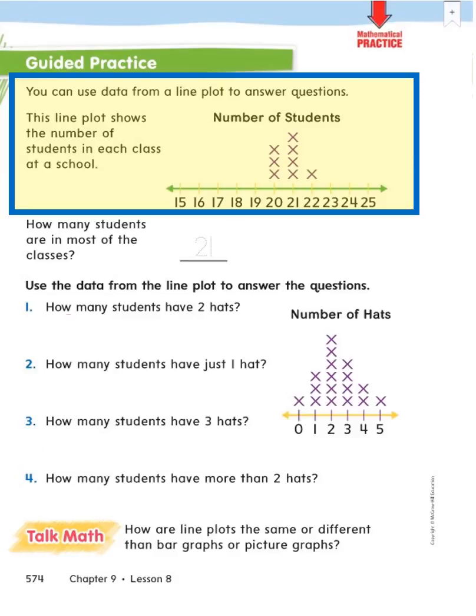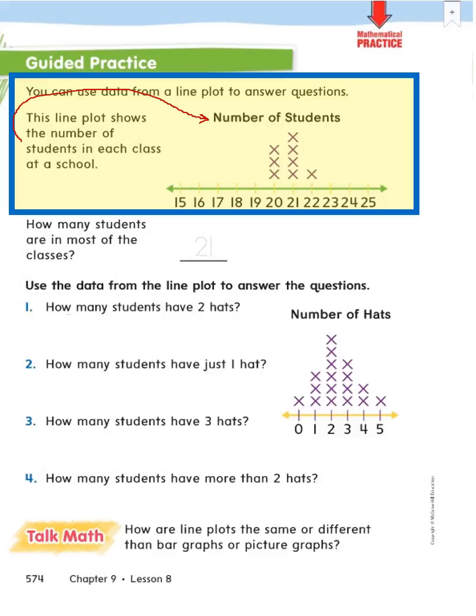All right, so let's look at this yellow box at the top of page 574. You can use data from a line plot to answer questions. This line plot shows the number of students in each class at a school. Okay, shows the number of students. We know that because